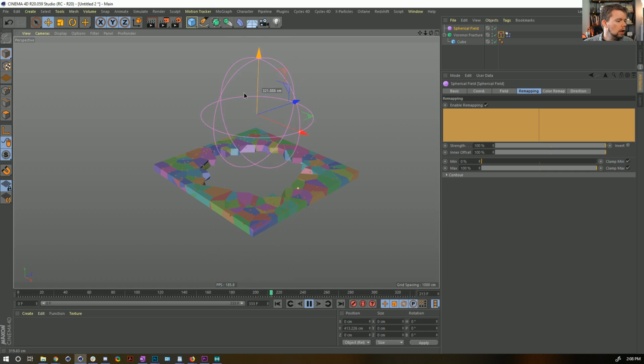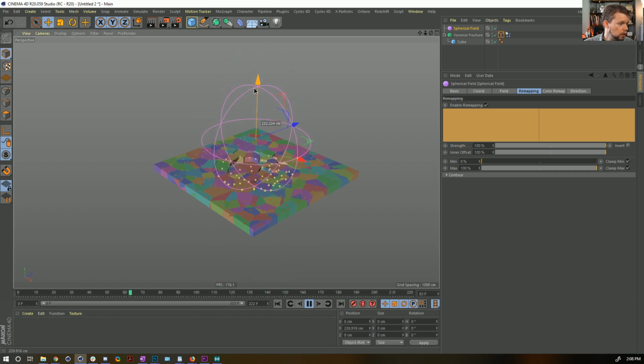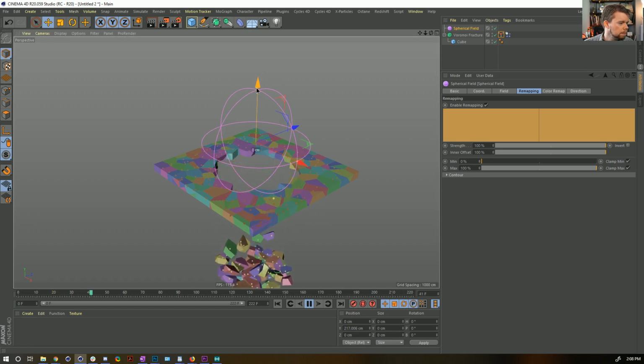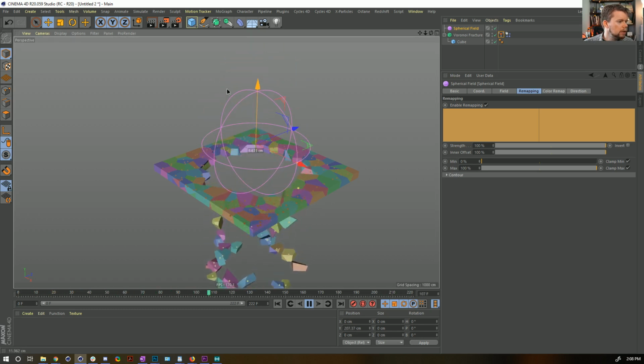Now, this works pretty well right out of the gate. I'm going to shorten it, 222. This works really well out of the gate, and when all these chunks fall away, it's doing a very nice, clean, quick job of calculating those falling away. So, okay, all good there. But